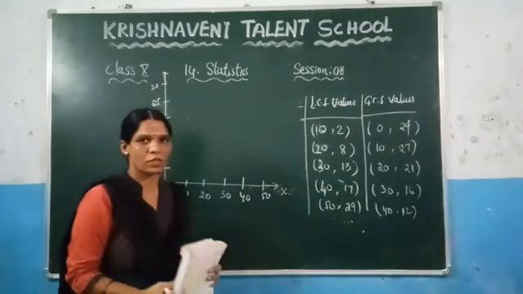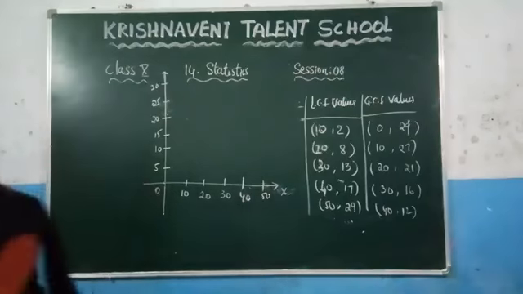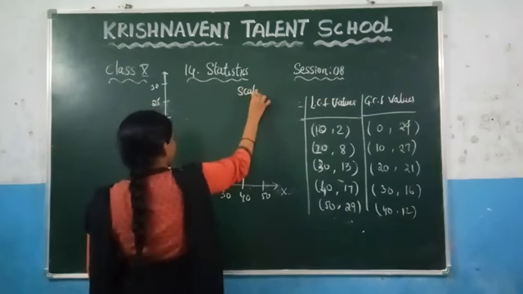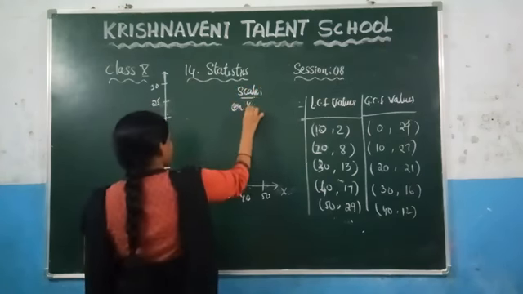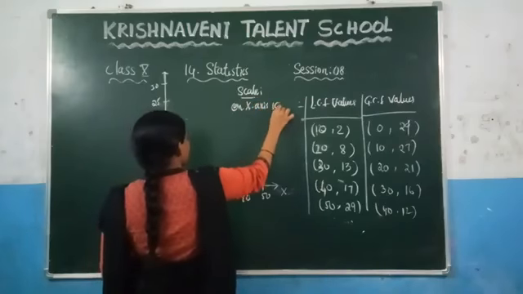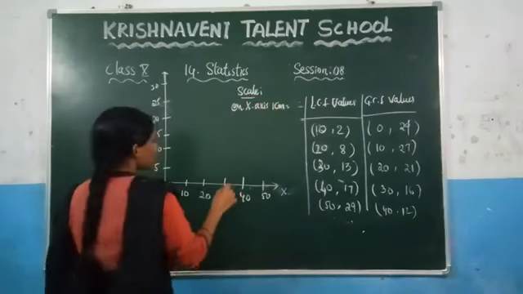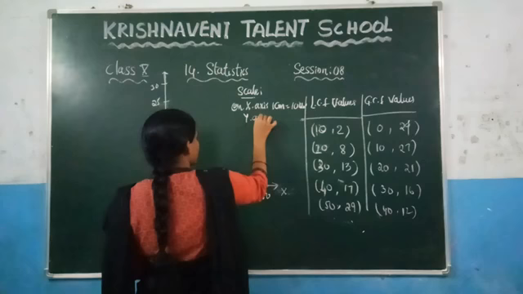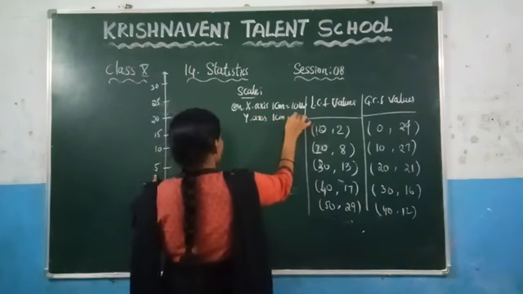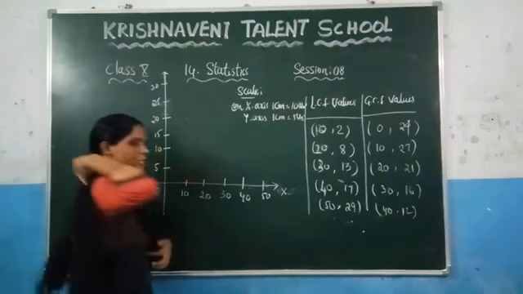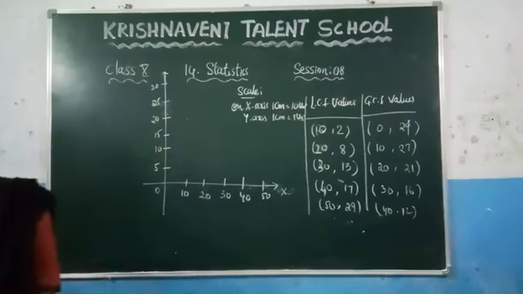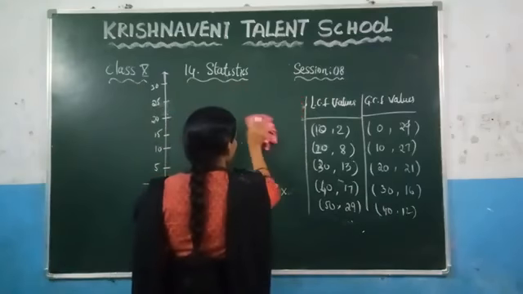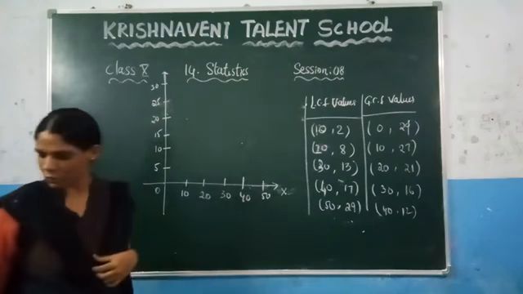If you want to represent this on a graph, how do you represent it? Before doing that, you need to write the scale. Scale is very important. How do you represent the scale on the x-axis? 1 centimeter is equal to how many units will we keep here? 10 units. And similarly on the y-axis, 1 centimeter is equal to 5 units. So the scale is very important while drawing the graph. Since the space here is not sufficient, I am rubbing this out. So while drawing the graph, you need to write the scale, as I have written before.